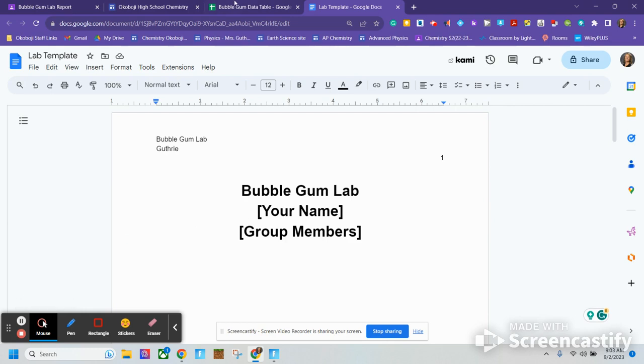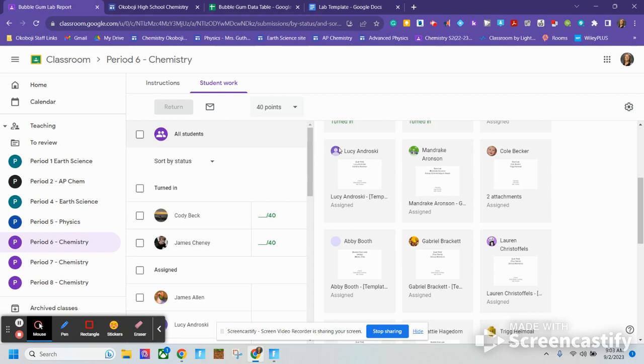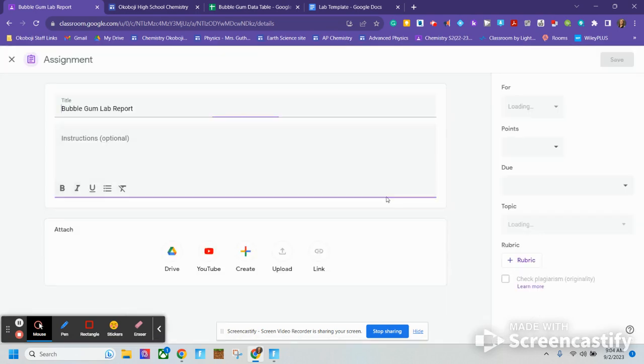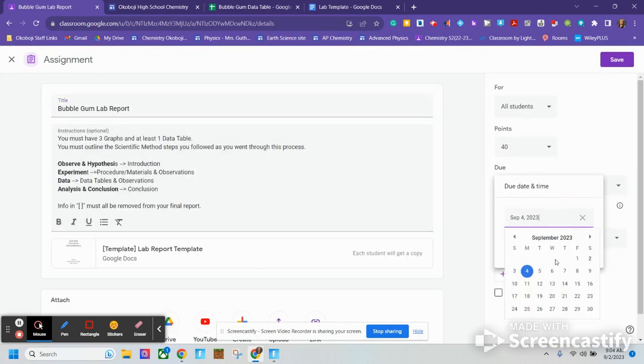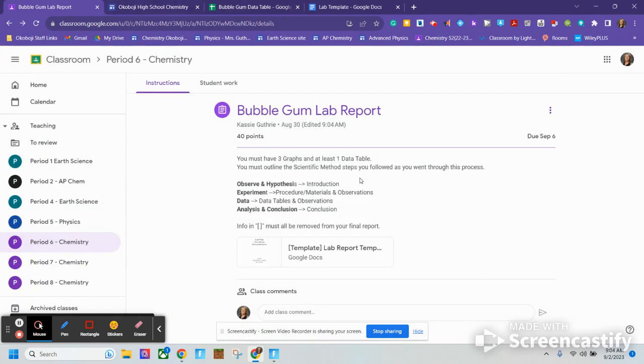All right, I think that is it for now. With how I posted this lab report in Classroom, because there's already a template there, when you're finished, you just click turn in. You won't be able to edit it once you click turn in. Just make sure you have it turned in before the due date, which I am actually going to change to the 6th. All right, I will shortly do a video for how to do the spreadsheet calculations if anybody's